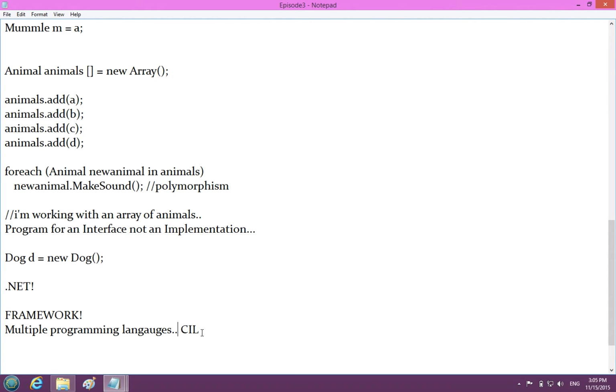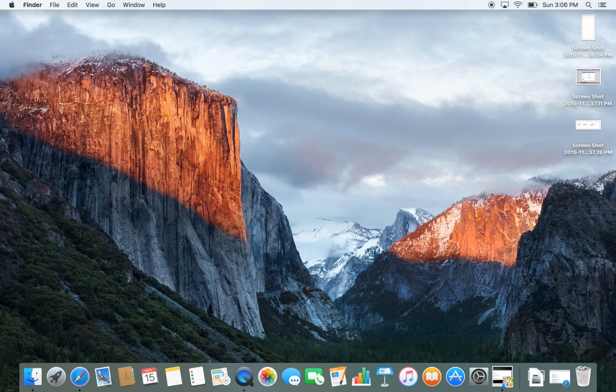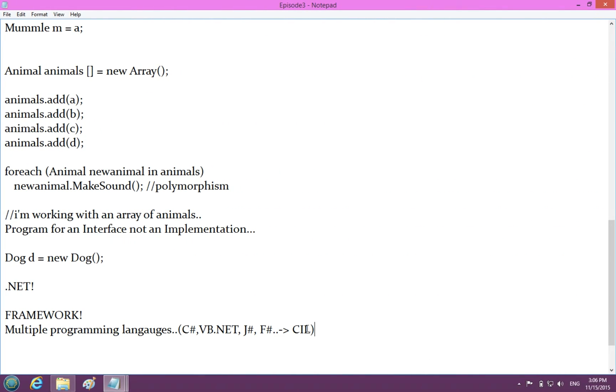But whatever languages, like C#, VB.NET, I think J#, F#, all these crappy names, all compile into CIL, common intermediate language,